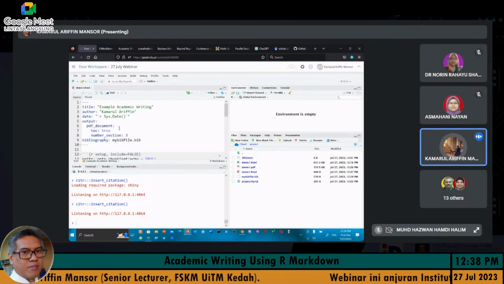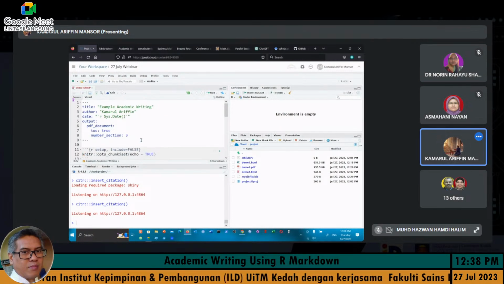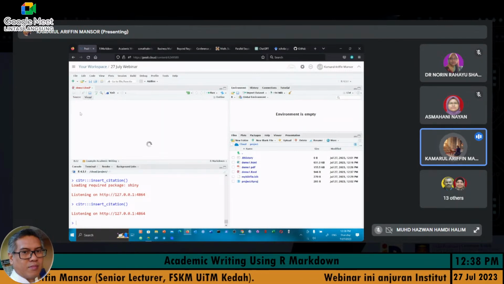Kalau katakan kita nak buat citation, so let me just show you another methods for the citation. So I remove this one first. Okay, kita buat satu lagi method. So dekat sebelah kanan ni, kalau you all perhatikan, ada source dengan visual. Nampak tak? Source dengan visual. So source ni kalau kita gunakan yang source kat sini, kalau visual ni kita gunakan visual R Markdown. So kalau you klik dekat visual dekat sini,